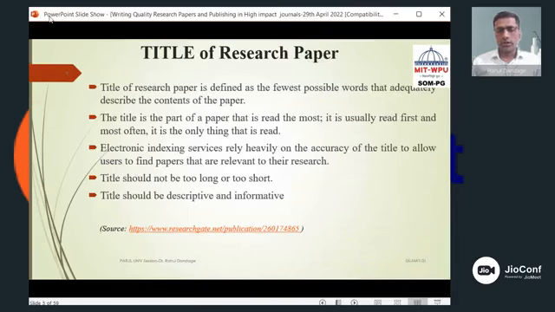Now, one by one, we'll try to discuss the various contents. Everybody knows, so again, we'll rush through this content. So, title of research paper. This is one of the significant parts. Nowadays, especially because of